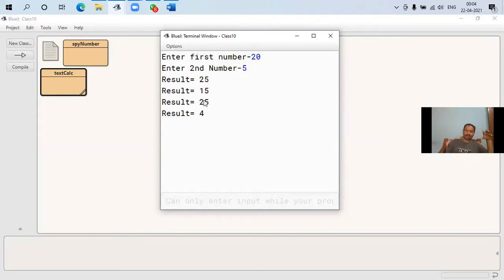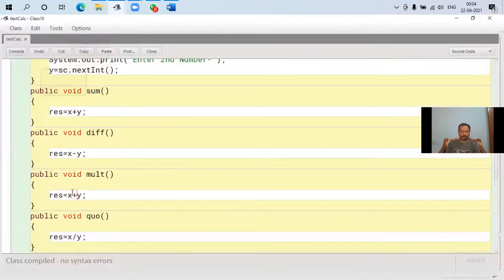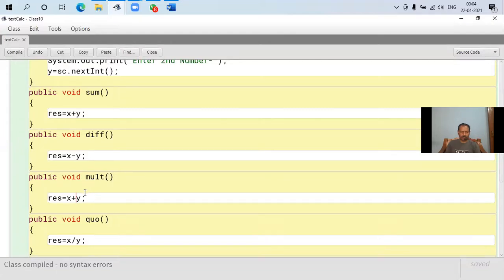So if this is the case, if there is such an error in the program, we have to go through all the program to find where we made the mistake. But now we can specifically check, okay, this is the result of multiplication. That means there is a problem in the multiplication section. We can directly go to the multiplication section and rectify our problem. So that's why the methods are required.